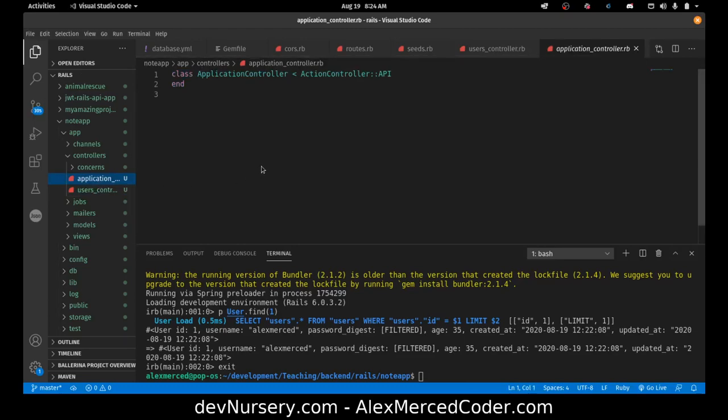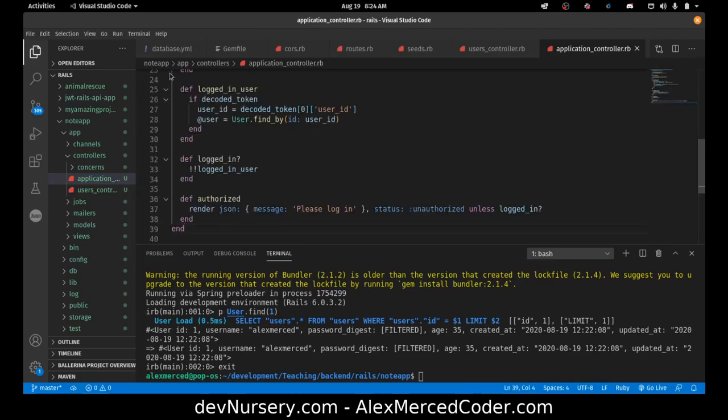Now, what application controller is, it's basically the prototype for all your other controllers. So as you know, my users controller inherits from application controller. So if you wanted to build new features that all your controllers have, that all your routes have, essentially aka middleware, it gets built here. That way it becomes available to all your other controllers that inherit from application controller. So we want to build in this ability for authorization here,